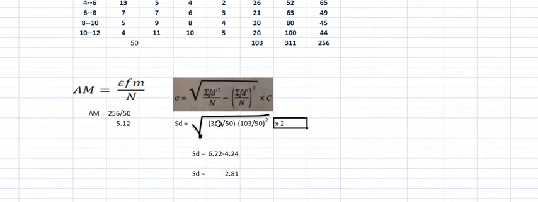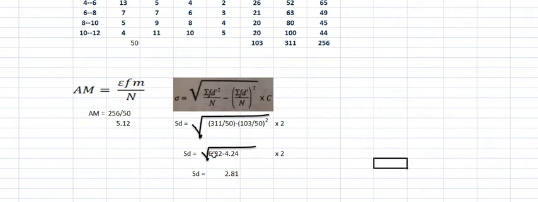Now you solve. 311 divided by 50 is 6.22. 103 divided by 50, whatever the value comes, you press the equal button, then you will get the square of that one. Now after this you apply the square root. So the square root is here now. So your square root number is this one, root of this number, and you have to multiply into 2, which is common, that is, I think I left here into 2.